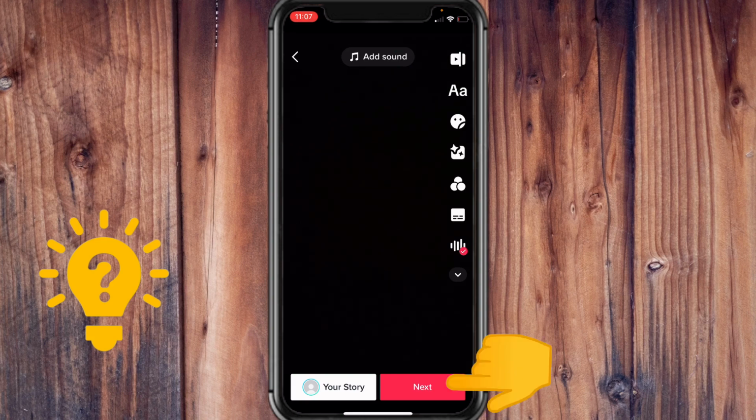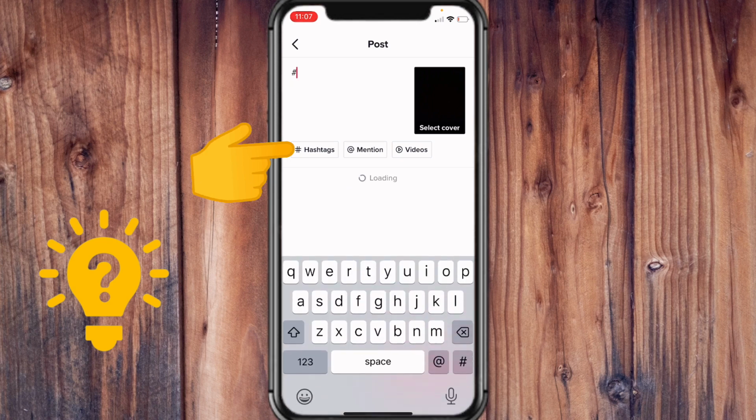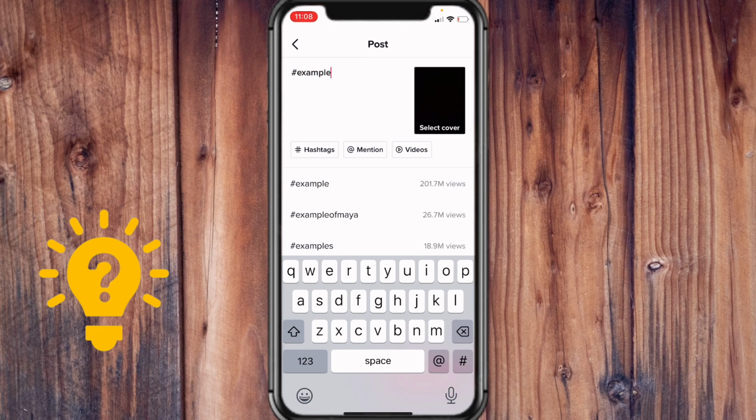When that's done, just tap on next. And here is where you can caption your video anything or put hashtags in it. So just tap on hashtags. And the word I want to use is, for example. And here on the right, you can see how many people has already viewed the type of hashtag that is